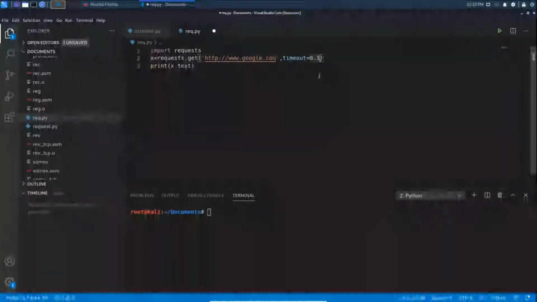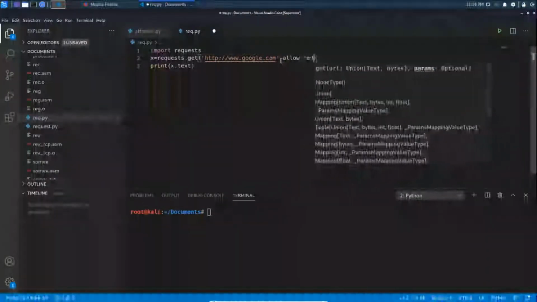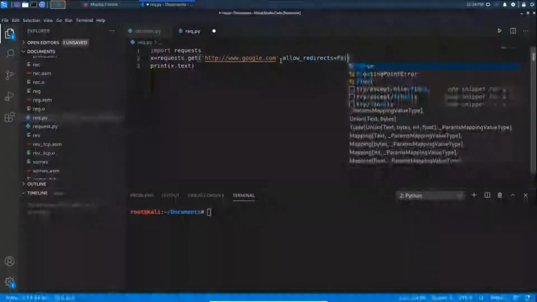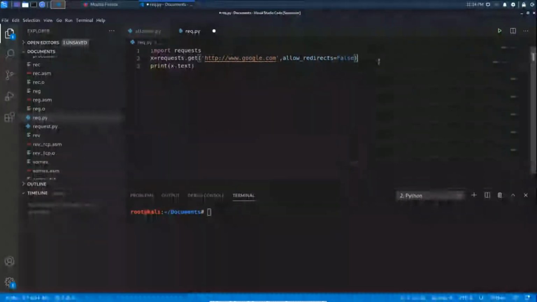So at the start, this website can be redirected to any other website, but when we assign allow_redirects equal to false, then redirections will be turned off, and no redirection will be taken, even if the website is willing to redirect the user to another website.